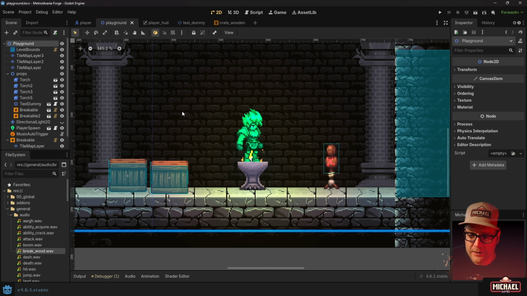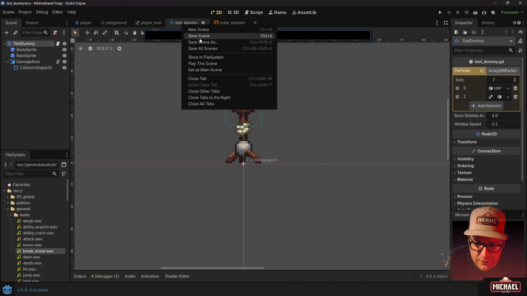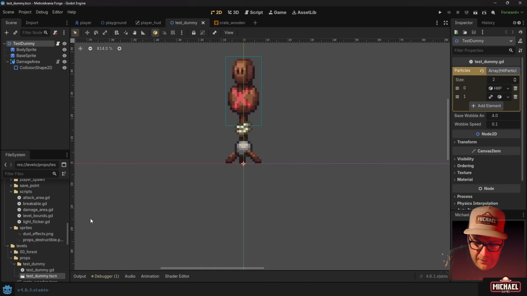And so we'll create a very quick iteration of the attack area and we'll assign it to a spike dummy that we'll use. Okay, so let's start by creating the spike dummy. And right now I've got this test dummy here. And if we look at him, and I'm going to go ahead and just show this in the file system,